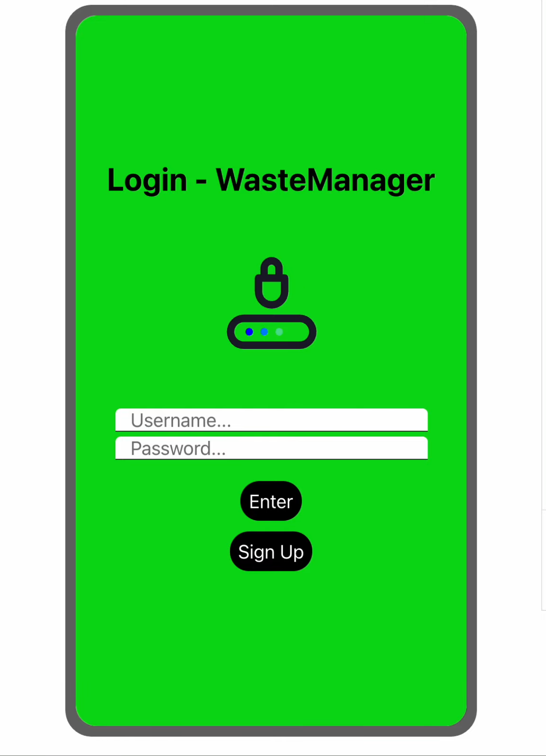So this is the login page of my app Waste Manager. Here's an animation, and these are two text inputs, and these are two buttons. This is the username text input. Here we can enter anything, but if we enter the wrong username and password, it will not allow us into